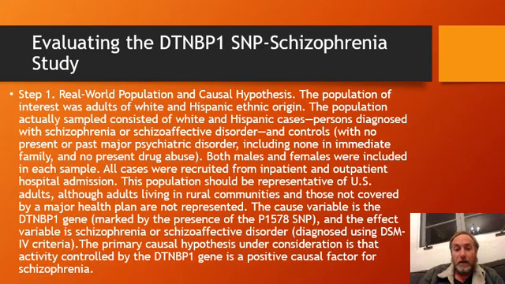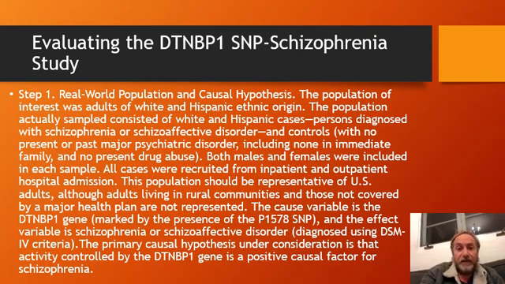Okay, so last thing we're going to do is evaluate this DTNBP1 schizophrenia study. As it's presented in the book, I'm not expecting you to do anything this exhaustive, but I want to give you the whole exhaustive thing because it'll hopefully make sense to you. So step one, what is the real world population? What's the causal hypothesis? Well, the population of interest was adults of white and Hispanic ethnic origin, and the